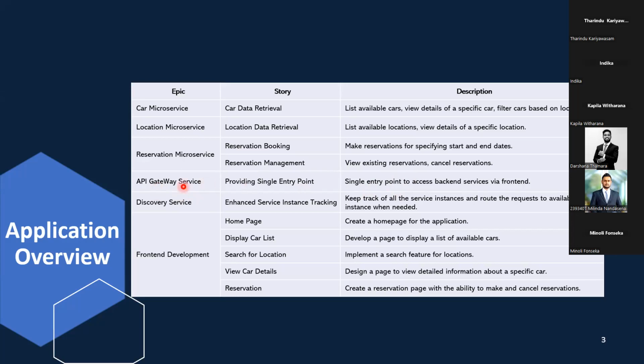We have this instance made, yeah, I think